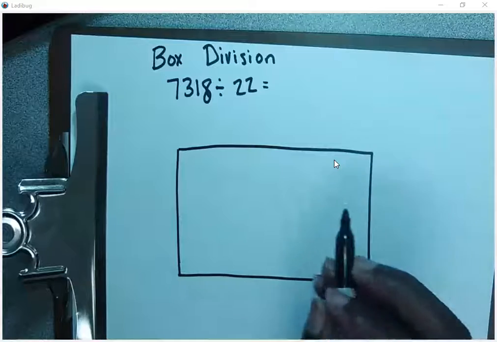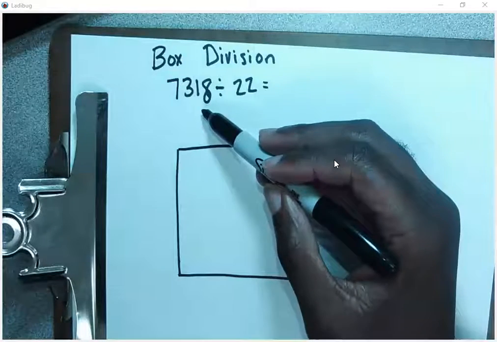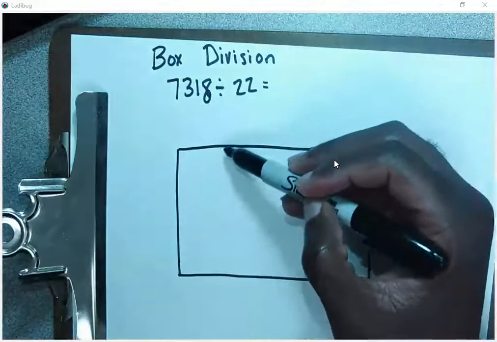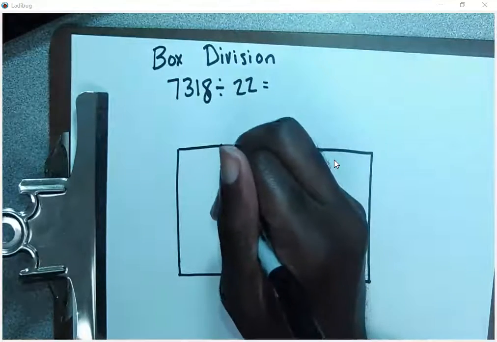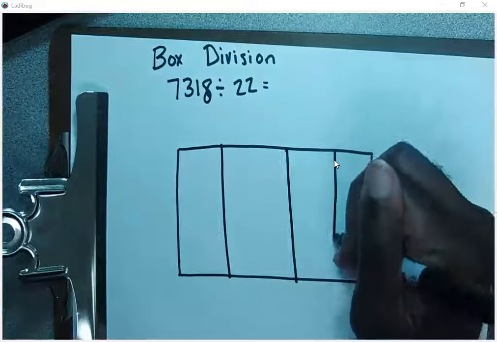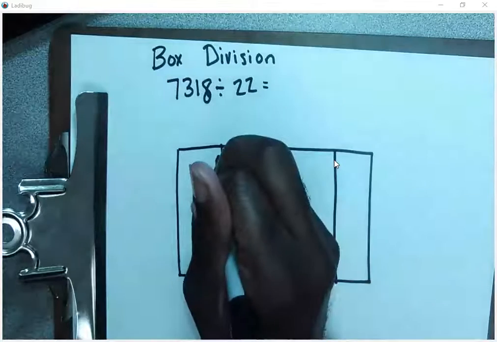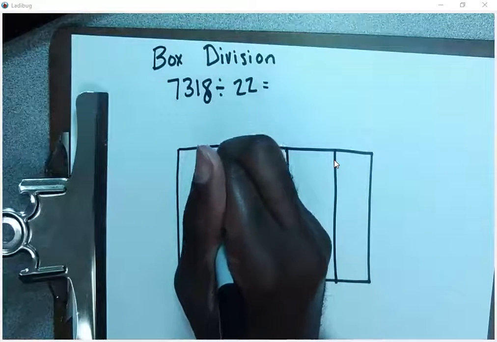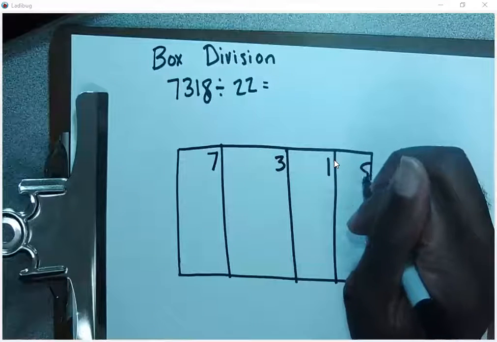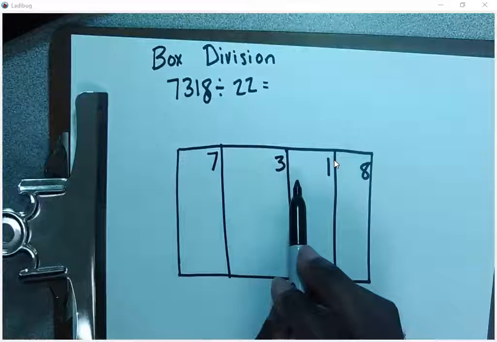All right, now, inside this rectangle, I'm going to put my dividend inside the rectangle. Each number has its own section. So in that case, I'll make 4 sections inside my rectangle. All right, so now I'm going to put my 7, 3, 1, 8. Now, it's very important that you place the numbers very close to that inside line like I've done here,